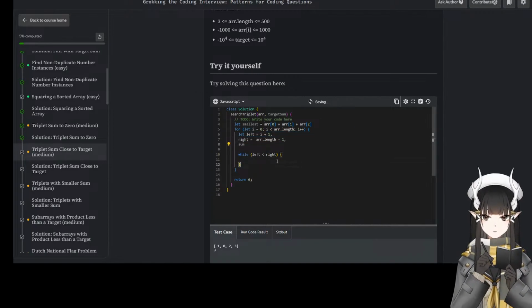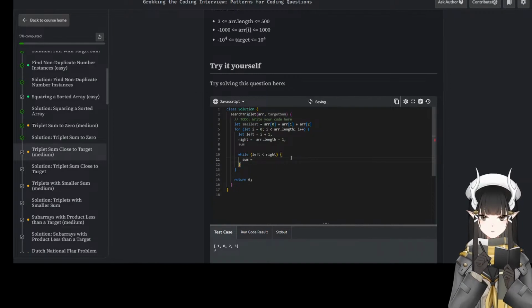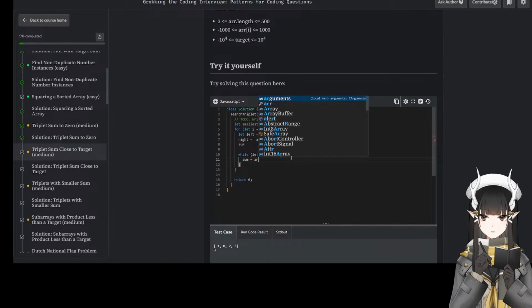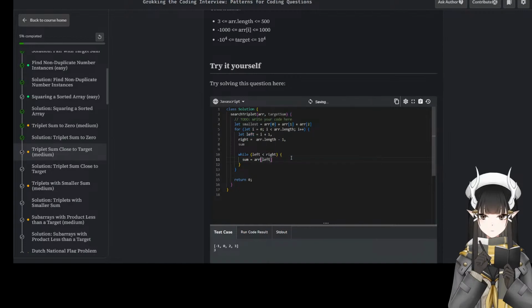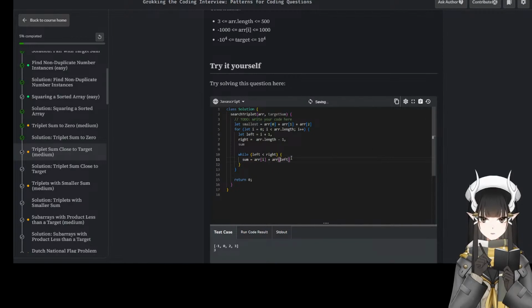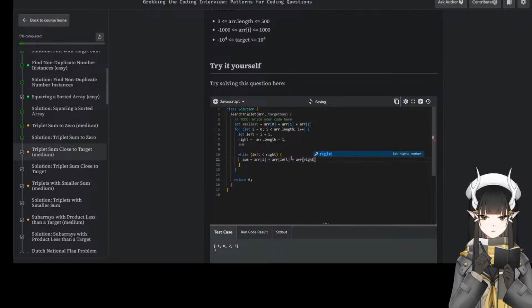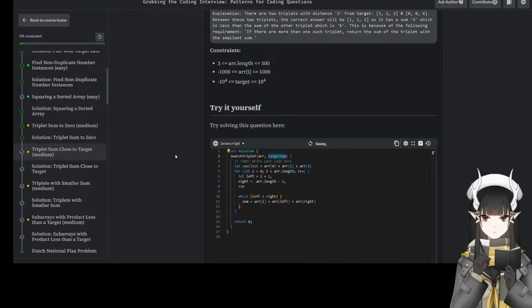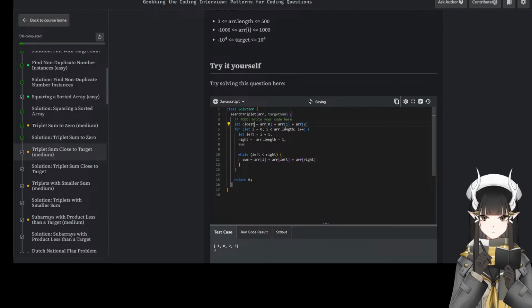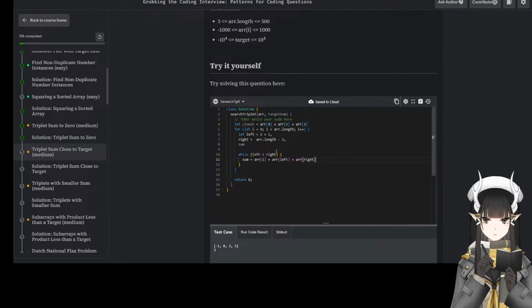And then sum, right? Sum is equal to array i, the current i, plus array left plus array right. We're looking for target sum, closest to target sum. Oh, shouldn't be smallest, closest. Sum is declared, but it's never used.